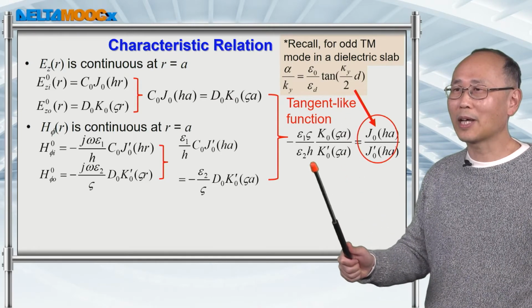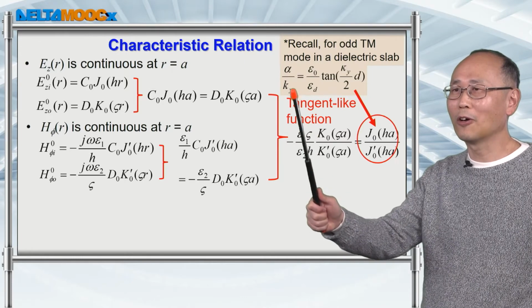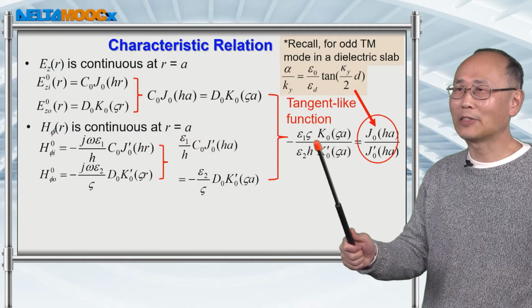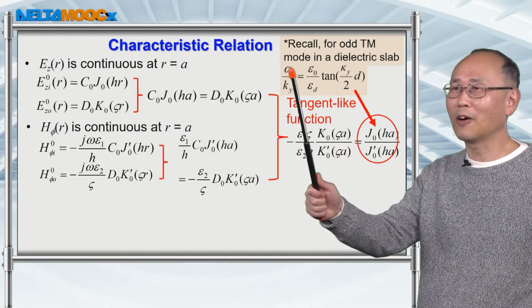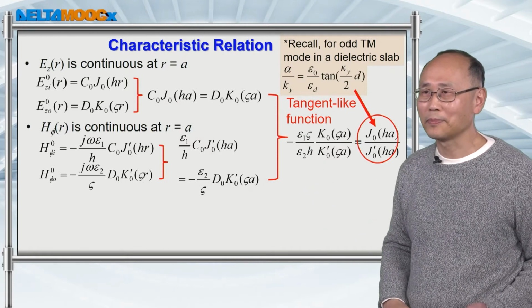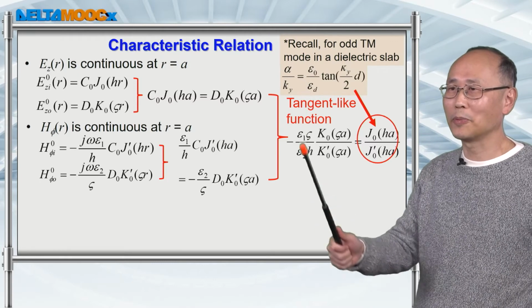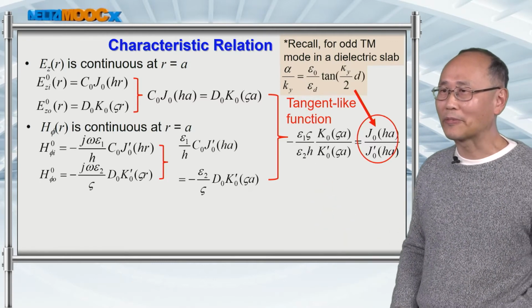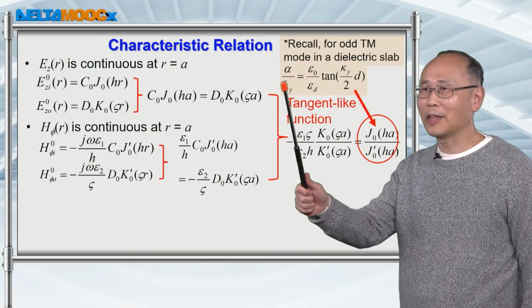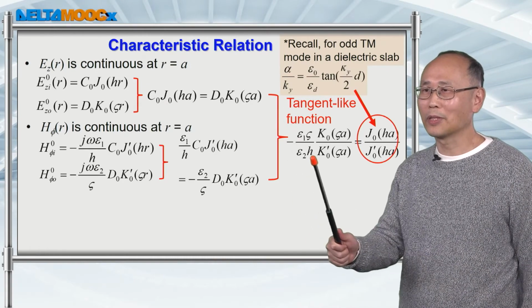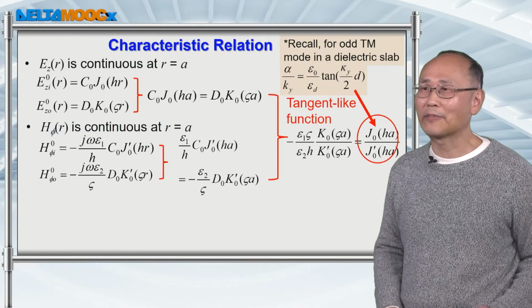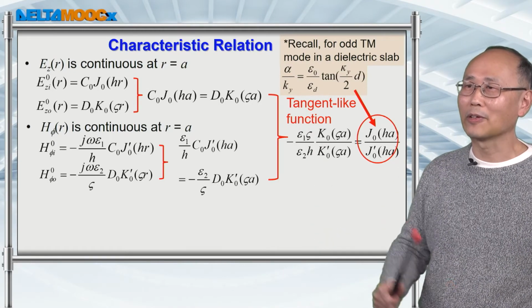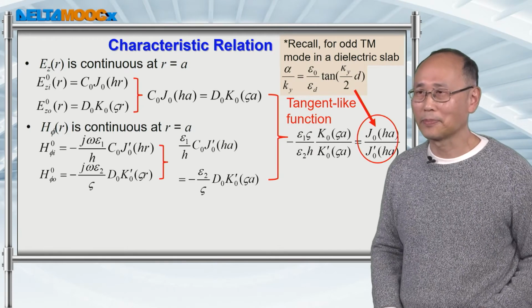And on the left-hand side, you see this ratio zeta over h. For the cylindrical waveguide, this zeta is similar to alpha in a dielectric waveguide because both represent the decay constant of the evanescent wave in the transverse direction. And this h is comparable to k_y, because h is the eigenvalue along the transverse direction, and k_y is the eigenvalue along the transverse direction.